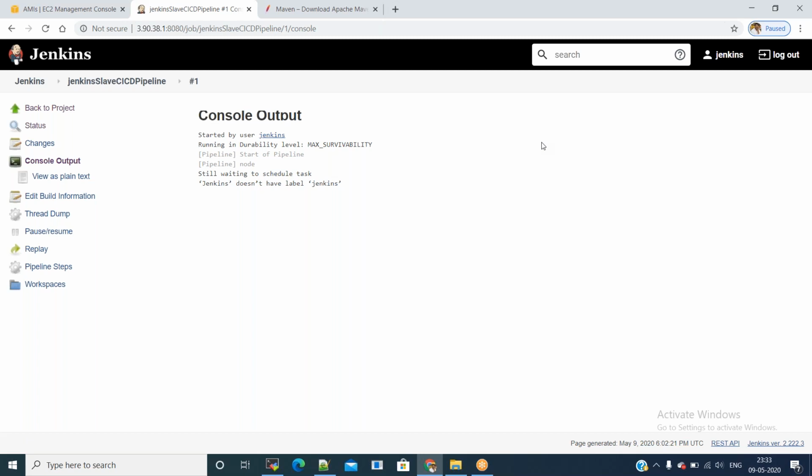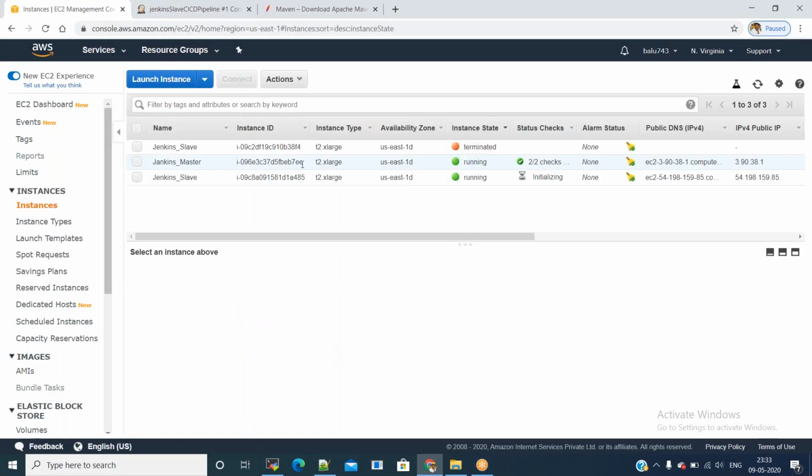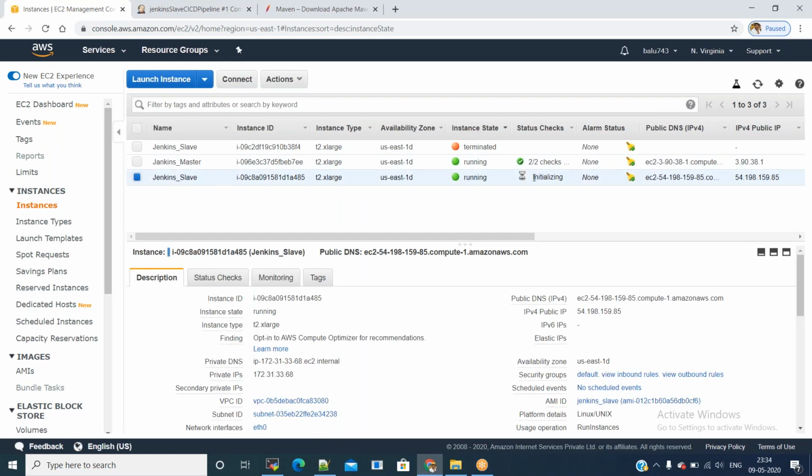Yeah, we can see AWS management console so that a new AMI will be created. New server will be created with the AMI we have given for the Jenkins slave. You can refresh the server section. A new server will be created. This is the dynamic slave AMI which we added.